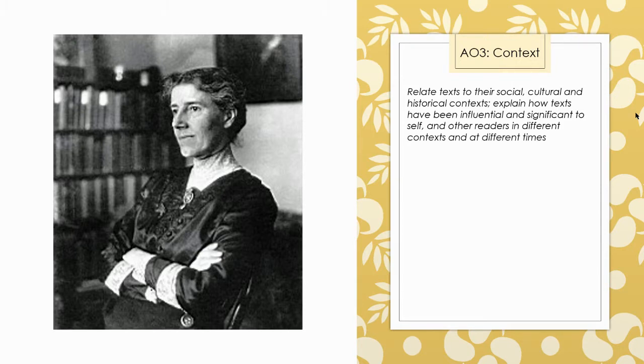So what you do when you study Of Mice and Men, I keep using that as an example because it's one that I know that we've all done and all finished. We looked at what it meant to be a woman in 1930s America, what it meant to be a person of colour in 1930s America, and so on, didn't we? So we were looking at the social and the cultural and the historical context there. We also looked at, why does Steinbeck write this novel? What is he trying to teach us here? And that is looking at how they've been influential.